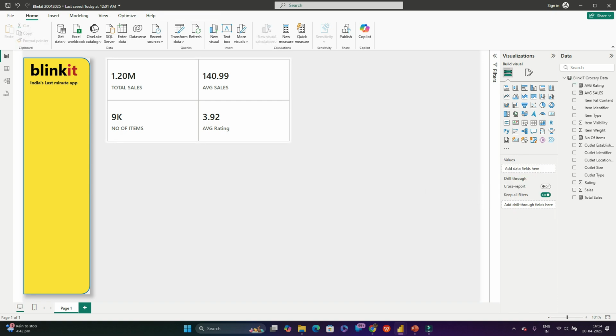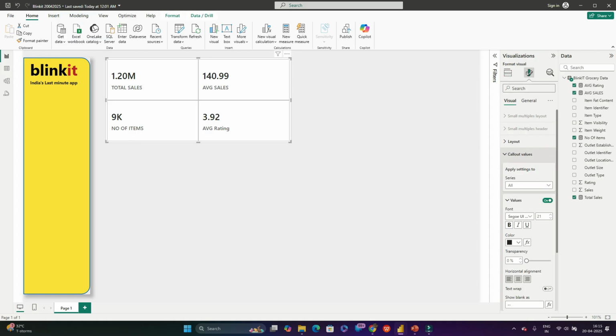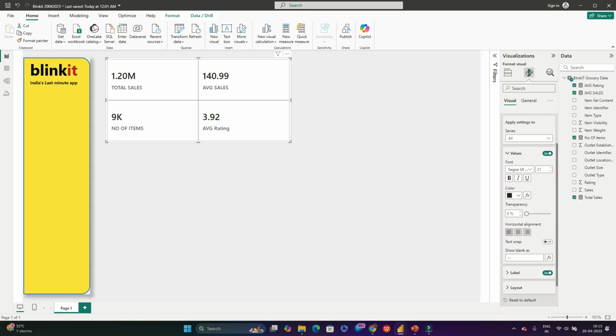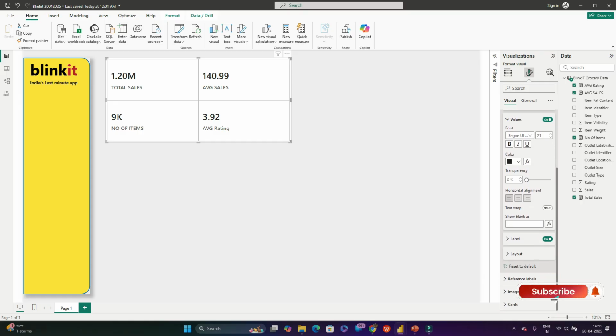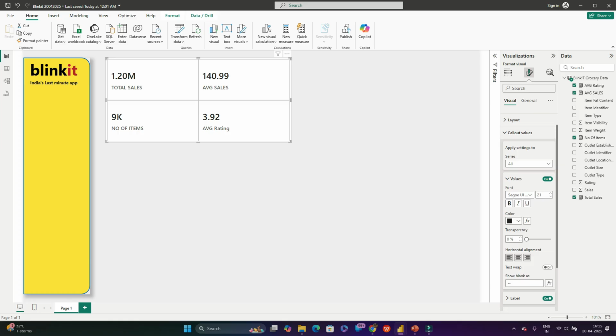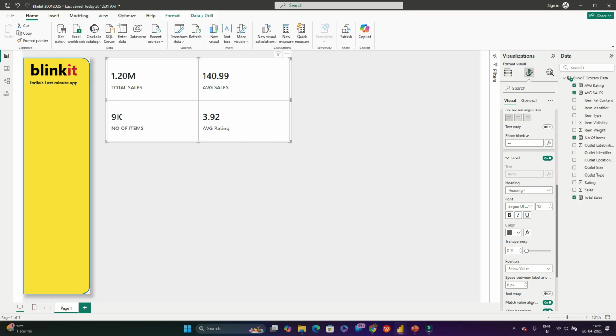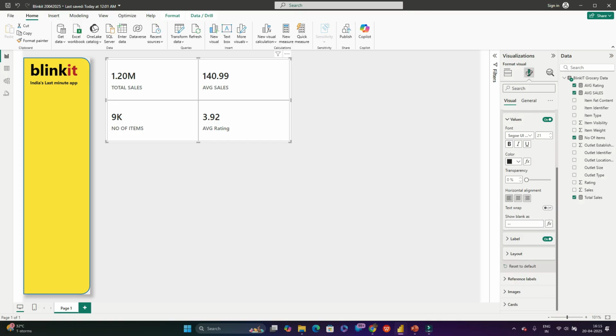Yes, so now go to callout value. Here select the visuals, then callout value, then go to callout value and label. Here below the values we already done. Yes, go to cards, this section is done. Go to cards,